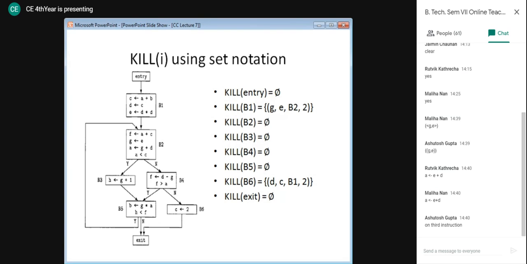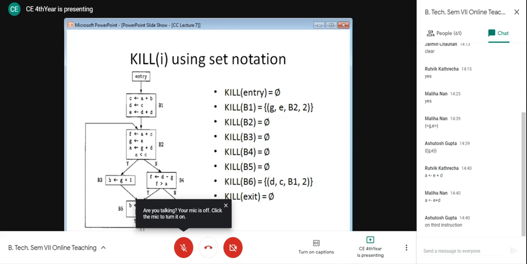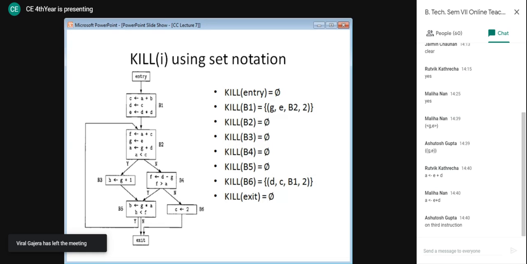That is why this element is in the kill set of B6. While in blocks B2, B3, B4, B5, no such occurrence is found. Are you following this, all of you? You can just verify for all the blocks. If you have any doubt or question, you can ask at this point. And then also try to go for the vector representation of the kill set.